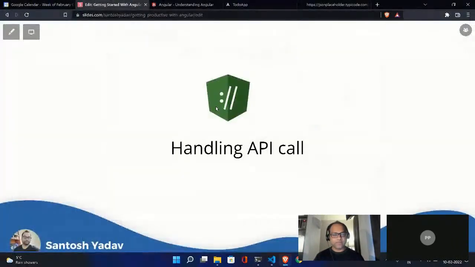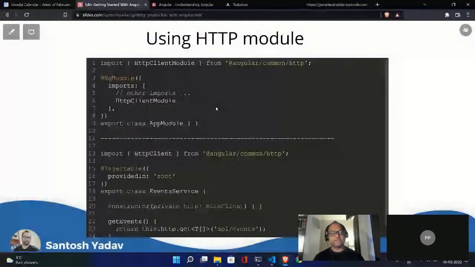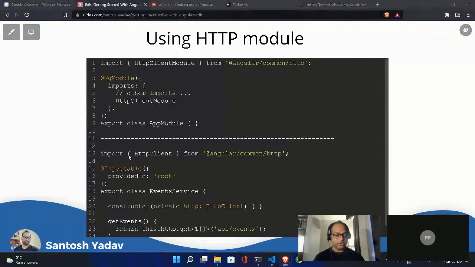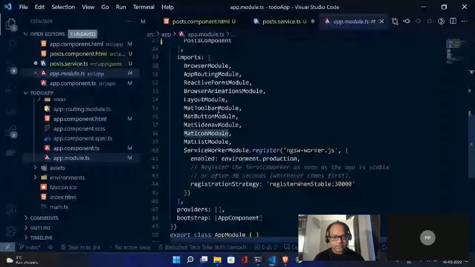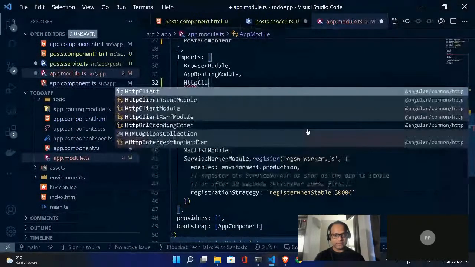Now let's go back to the slides and talk a little bit about HTTP API calls, and then we'll come back. To make HTTP calls, you have to use something known as the HTTP module, which is available and which allows you to use another built-in service, the HTTP service. So let's add this HttpClientModule, which needs to be done here in app module. I think I might already have this. No, I don't. Okay, good, no problem. I'll say HttpClientModule,